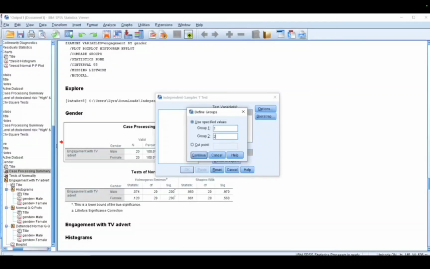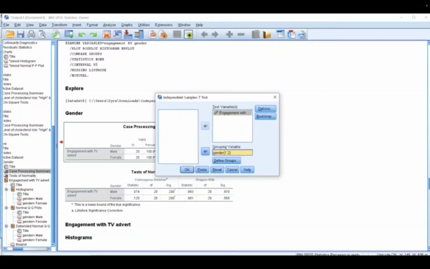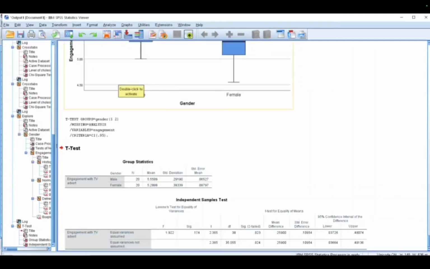It's up to you how to group it by, and then we can just click continue, as you can see there, and then okay. So another table is presented also here.